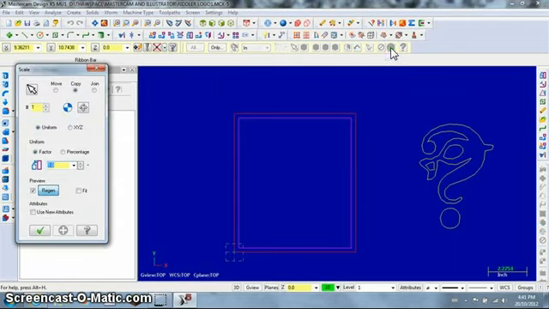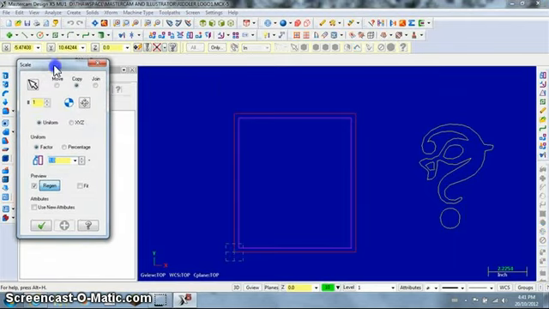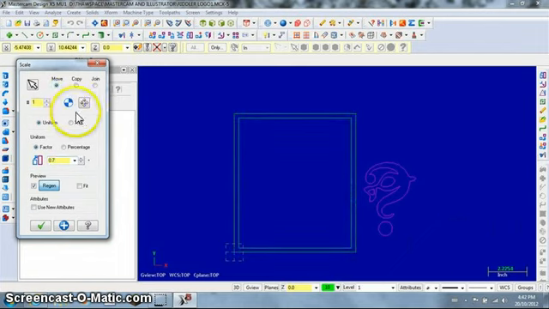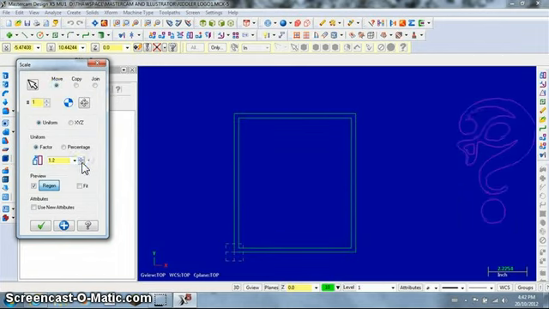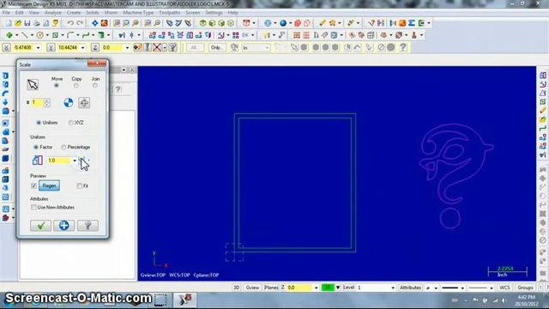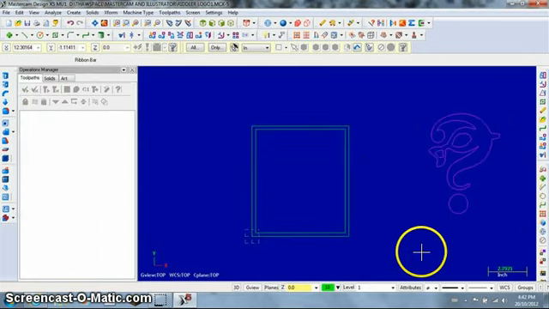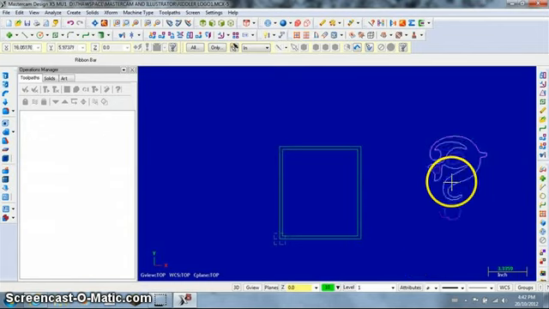I could also just press the enter key. When I do that, a new window opens up. That's a scale window. And you can see here I can use the arrow to either scale down or scale up my image. You'll notice that the original is still left in place. If I don't need the original, I can toggle this little button right here, and now the original is gone, and I can just work with whichever size I want. This is a bit trial and error, so don't get frustrated. You might have to do it more than once. I'm just going to guess and try that. I'm going to left click on the OK button, and now all we have to do is place this inside